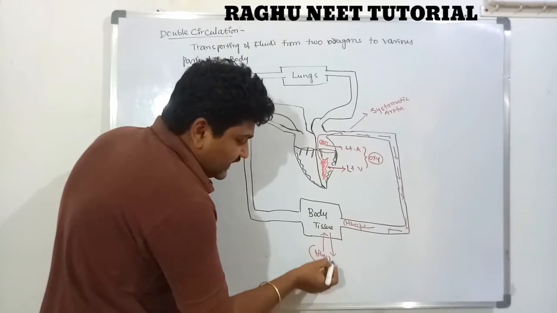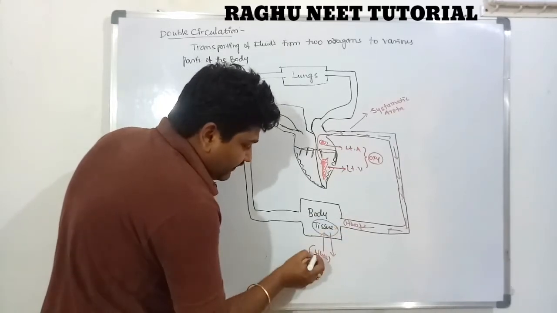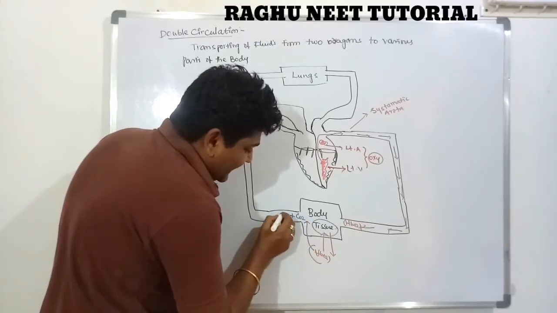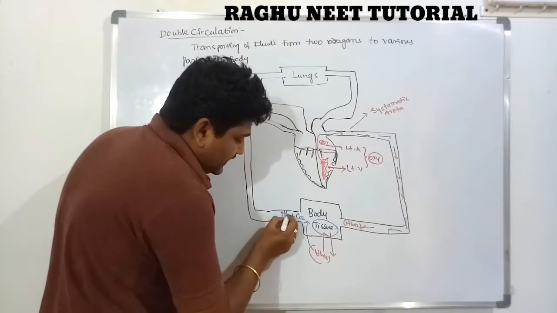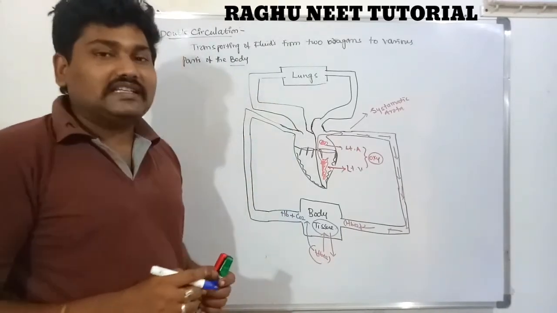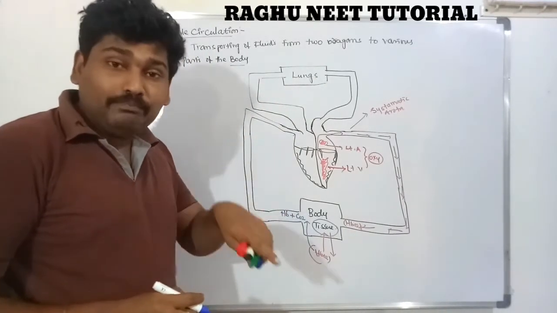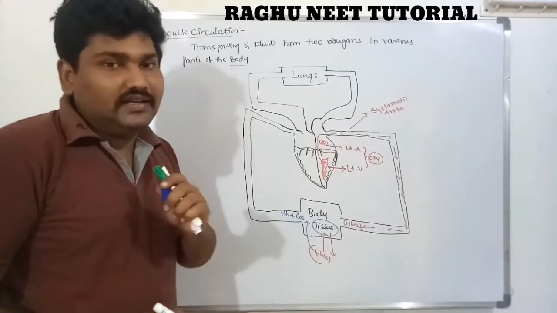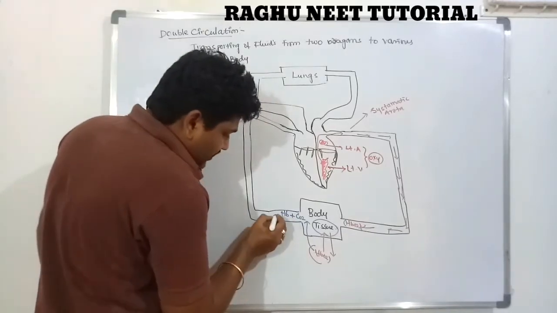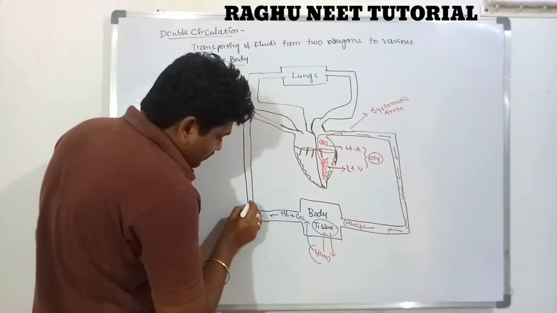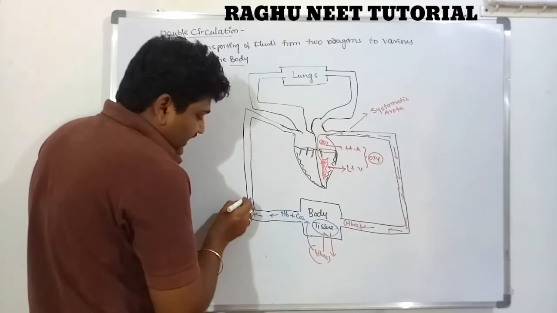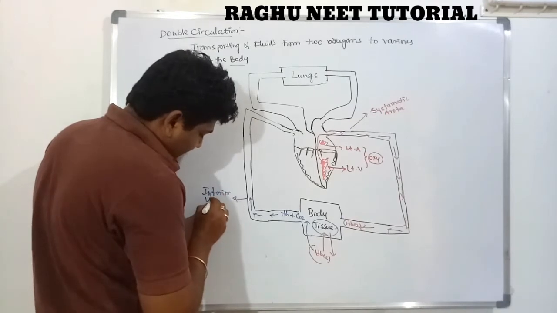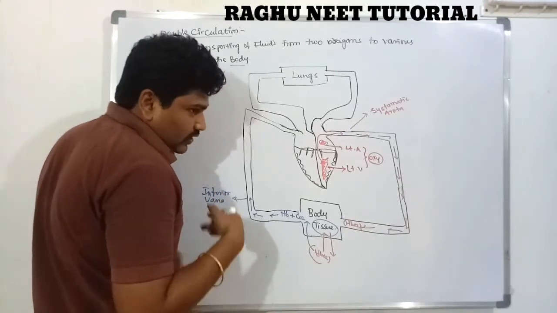The oxygen is directly utilized at the tissue level while the tissue releases carbon dioxide. So this carbon dioxide directly associates with hemoglobin. The carbon dioxide association occurs in the tissue level. So when the carbon dioxide is transported through the inferior vena cava, superior vena cava, coronary sinus.